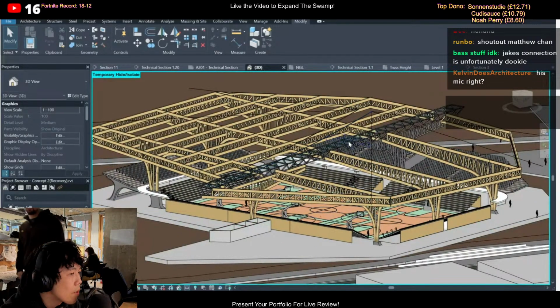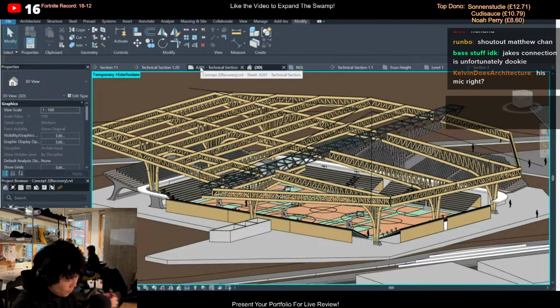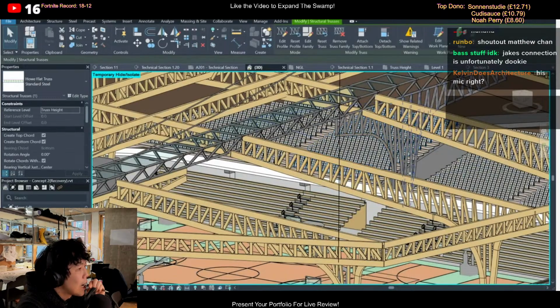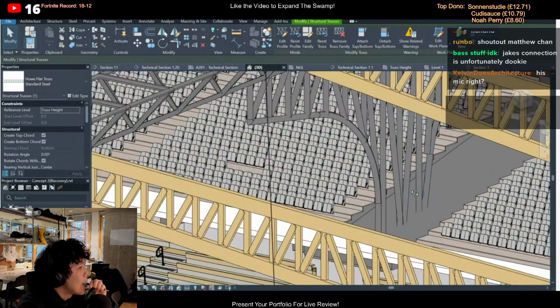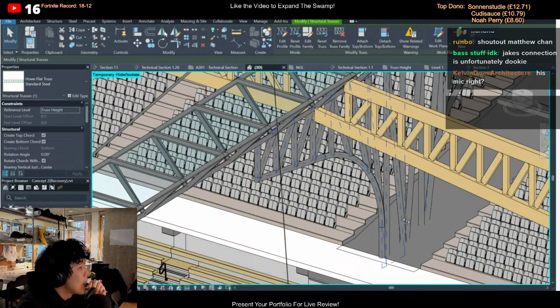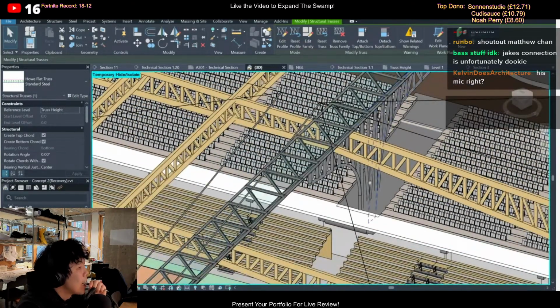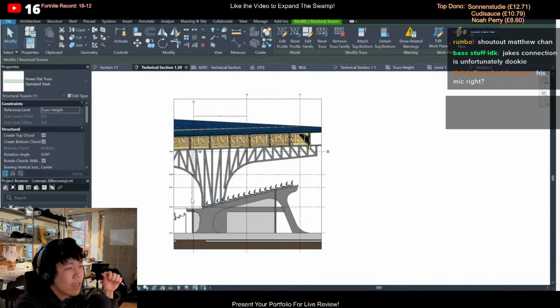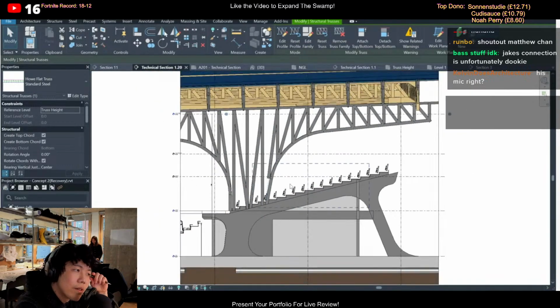I don't know if you had an idea of maybe integrating into the structure possibly, as in the stairs. Yeah, I initially wanted them to integrate with the structure, but how the structure is currently just doesn't really allow for that. Yeah, I mean, to me